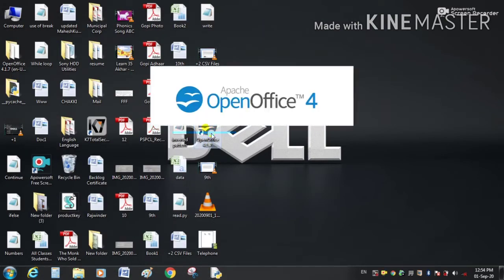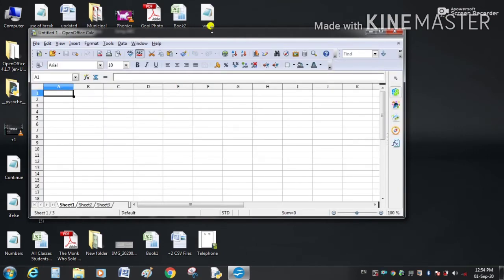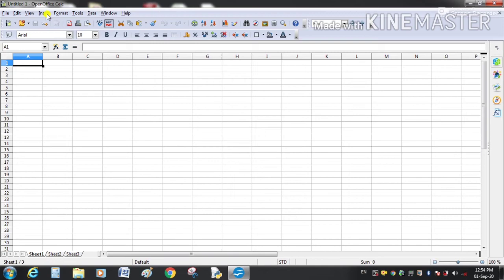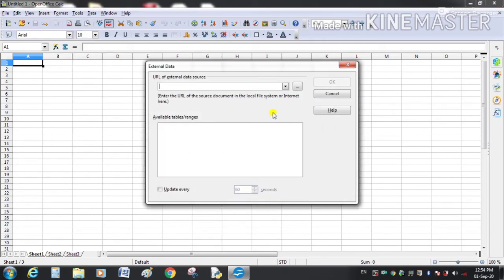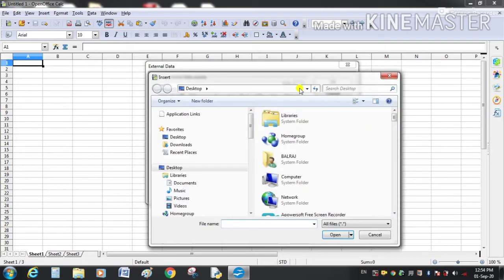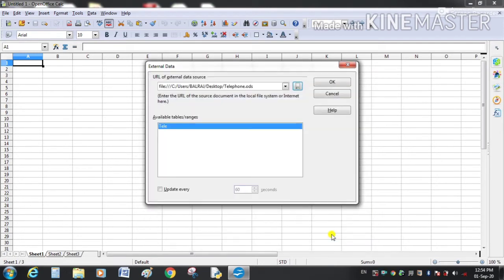Open a new spreadsheet, and from here select link to external data. Select your spreadsheet file, and the name of the file was telephone. Now you can see the range is reflecting here, tele, and here is the feature update every.